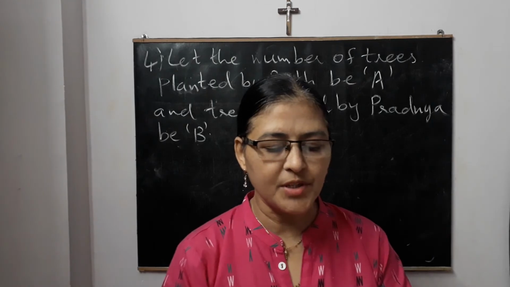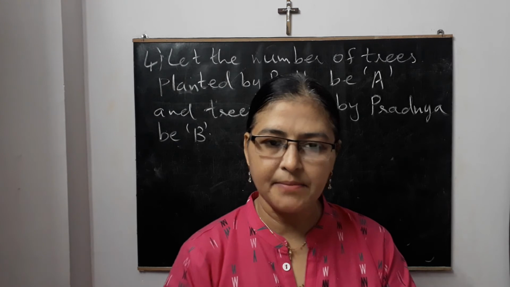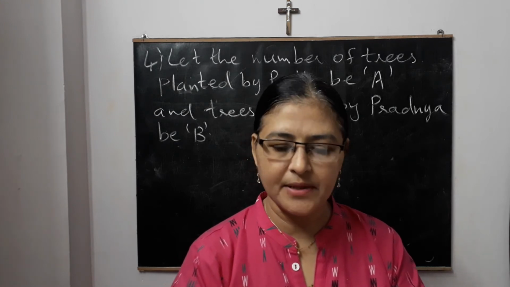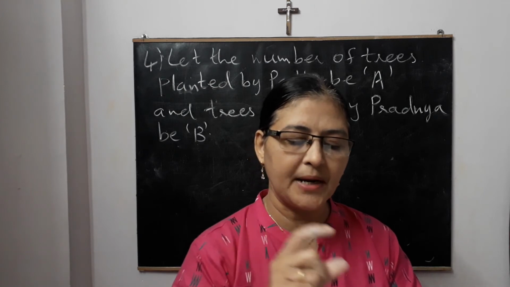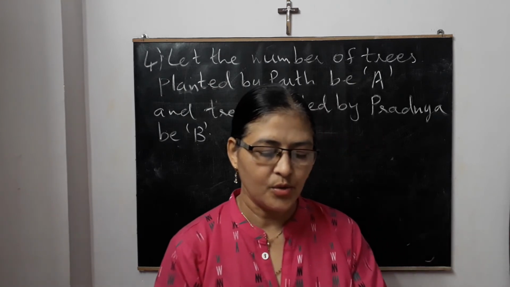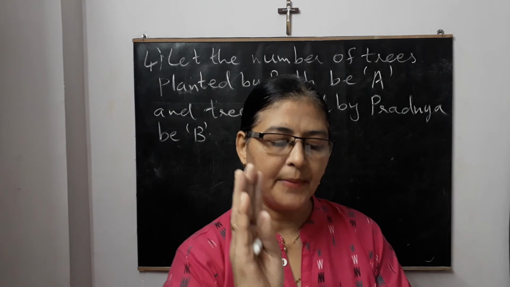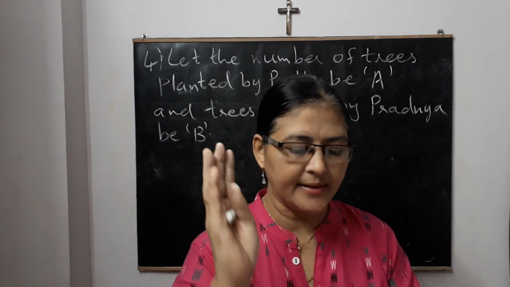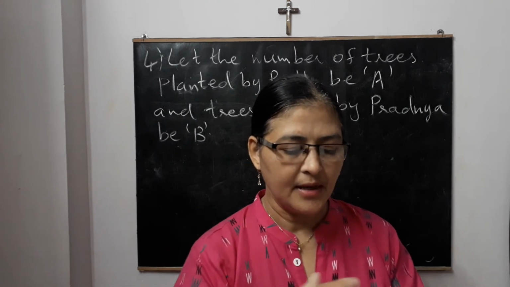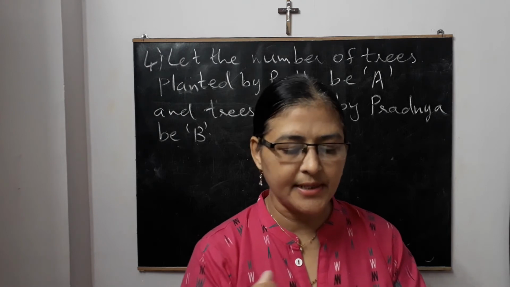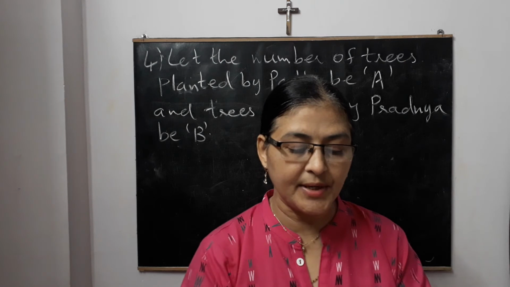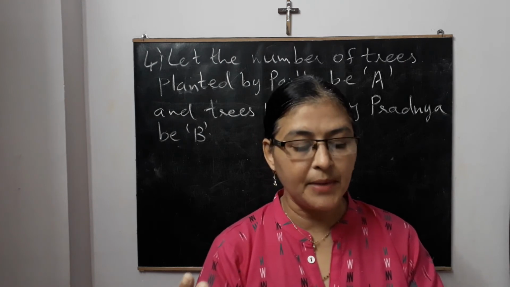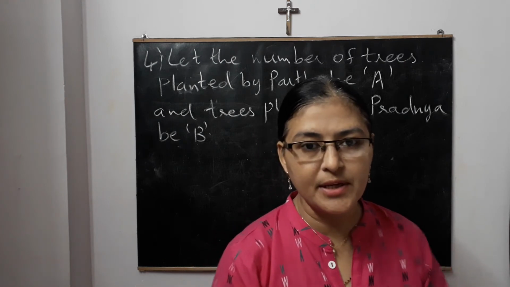Now we'll come to the fourth question. 70 trees were planted by Parth and 90 trees were planted by Pradnya on the occasion of tree plantation week. Out of these, 25 trees were planted by both of them together. We are going to represent Parth by one set and Pradnya by another set. And the number of trees they have given, we are going to write as n of. Both planted in common, that is 25 trees. How many trees were planted by Pradnya and Parth together? That is the union you have to find out.